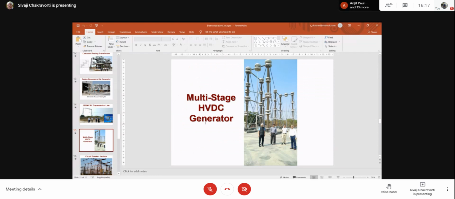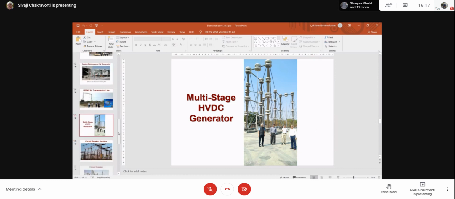This is the multi-stage HVDC generator, which I have already explained to you. This is a 1000 kV HVDC generator in CPRI Hyderabad. I have already explained that, but this is actually that. And you can see here why I was telling that we have to have multiple stages. Can you imagine the height? If you just think about people's height, say 6 feet, can you imagine how big it is? This is the issue in real life, that things are not as small as what we can have in the lab.